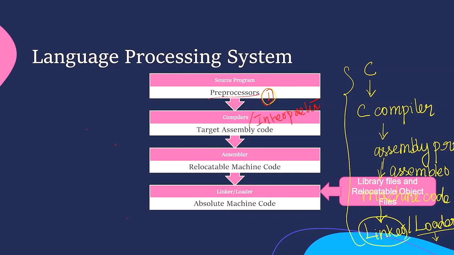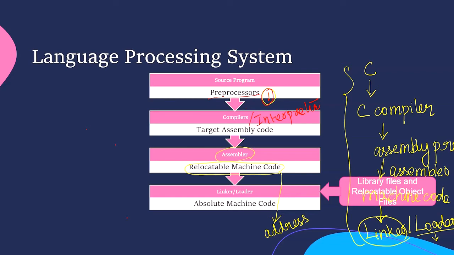Now assembler, for every platform, hardware and OS, we have an assembler. They are not universal since for each platform we have one. The output of an assembler is object file or relocatable machine code. So what it does is translate the assembly code into the machine code. Now what is meant by relocatable machine code? Relocatable machine code is nothing but code that can be loaded at any point and can be run. The addresses within the program will be in such a way that it will cooperate for the program movement.